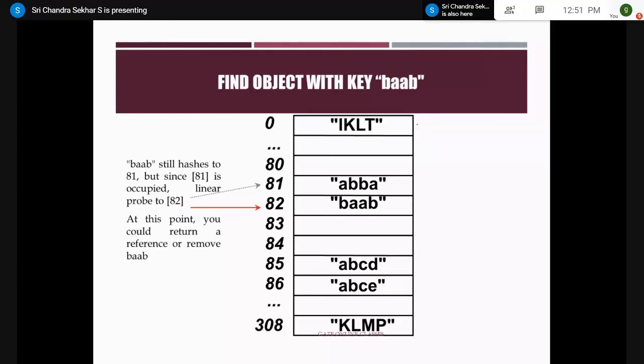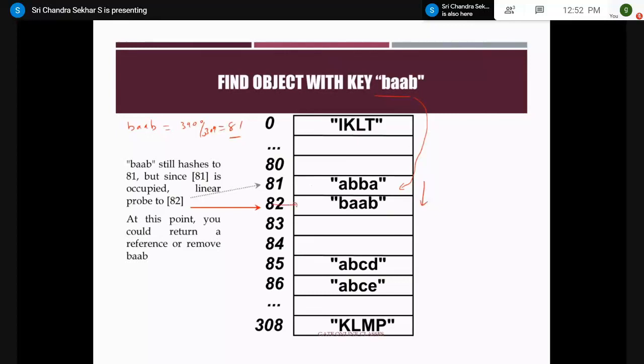Now the concept of how to find the object with key BAAB. In the same fashion, you find the index for BAAB, that is, 390 modulo 309, which results in 81. You go and check whether BAAB is equal to the element that is present inside this 81. It's not equal. So what will you do? You linear probe. Linear probe means you go and search in the next location, that is 82.